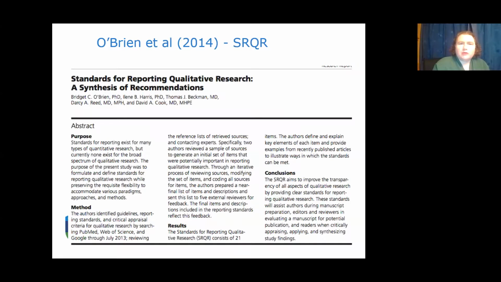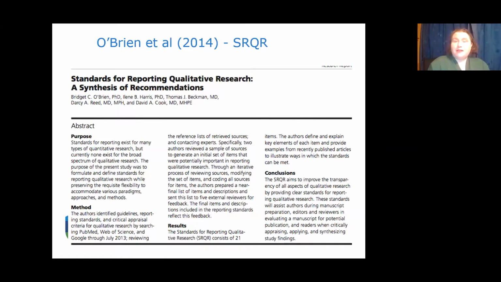The other one I do want to mention, though, is the O'Brien et al. paper, which is also mentioned in the Equator Network. And this is a more recent publication from Academic Medicine. And actually, I would have used COREQ for many, many years. But when I came across this paper, I have to admit that this has replaced COREQ in my affections. Again, a similar methodology in terms of how these criteria were developed. They reviewed published papers. They were looking for standards or checklists for reporting qualitative research. And they've come up with 21